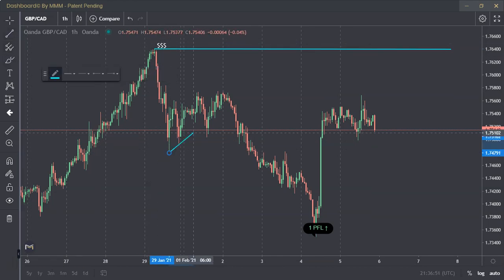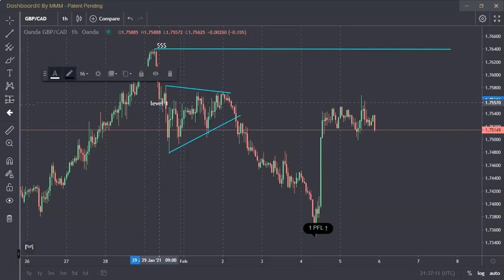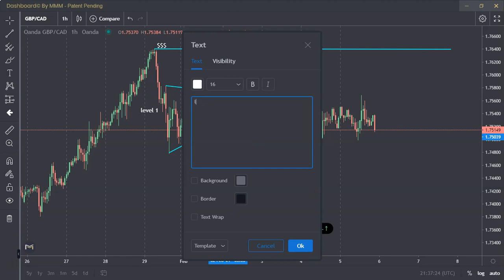Here we can see an obvious wedge pattern that is identified as an accumulation phase. So from last week Friday, we had an aggressive drop, dropping into a level 1, back into accumulation phase, as you can see, trapping a lot of buyers here. We had a breakout of the wedge into a level 2 drop